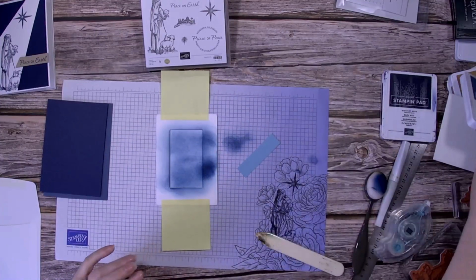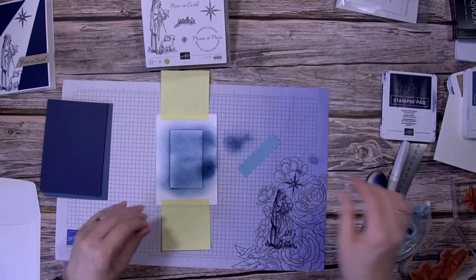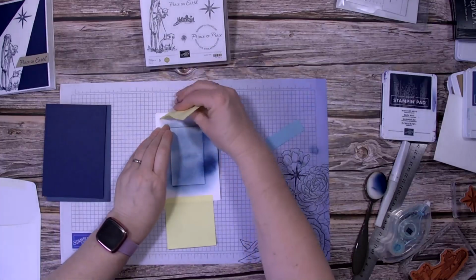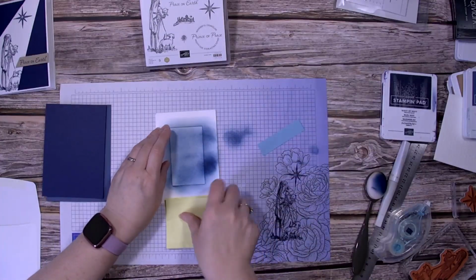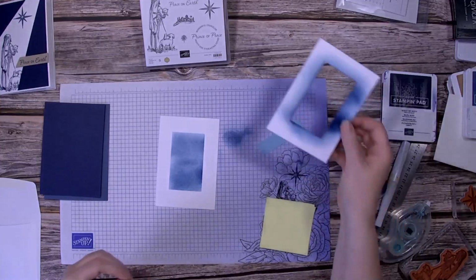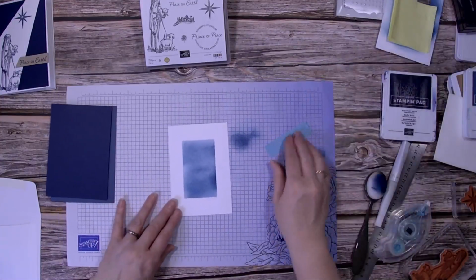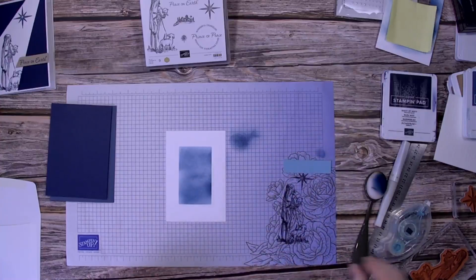I was trying to find a star to die cut, and I just could not find one. So I couldn't find one I wanted. The one I wanted. I should probably say that. I couldn't find the one I wanted. So we have our